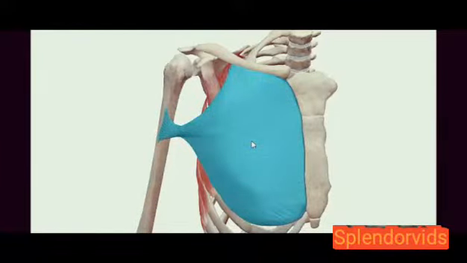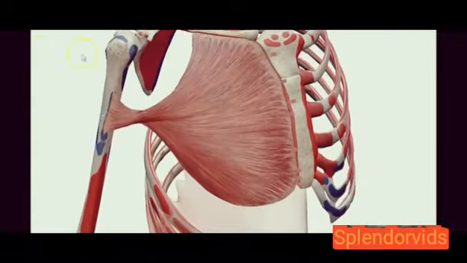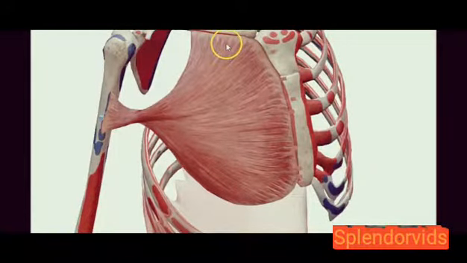This is called pectoralis major. As you see, it has clavicular head and sternocostal head, and going to be inserted into the humerus. In details, the origin of pectoralis major is clavicular head from the front of the medial half of the clavicle, and sternocostal head is front of the sternum and manubrium sterni and the upper 6 costal cartilages,